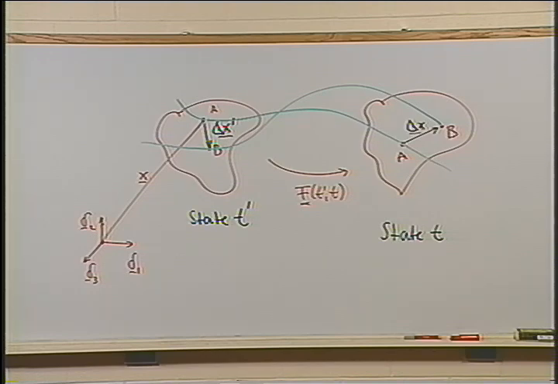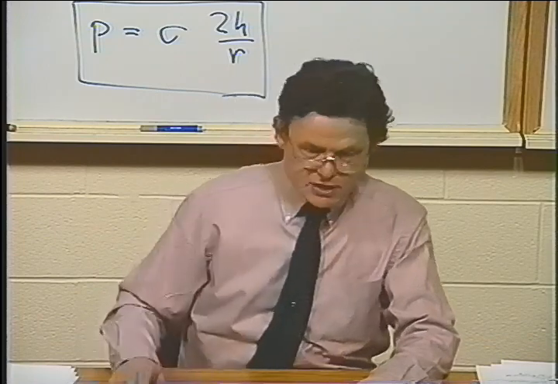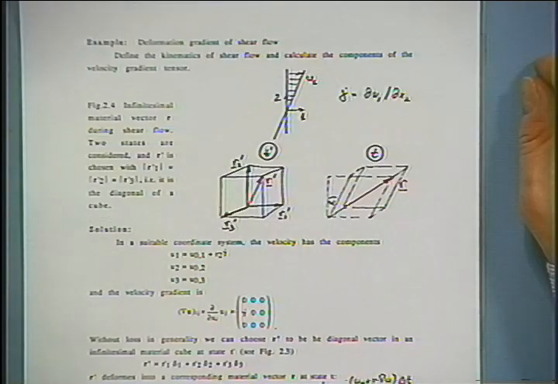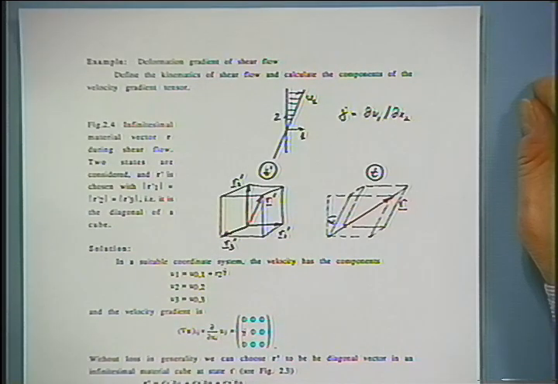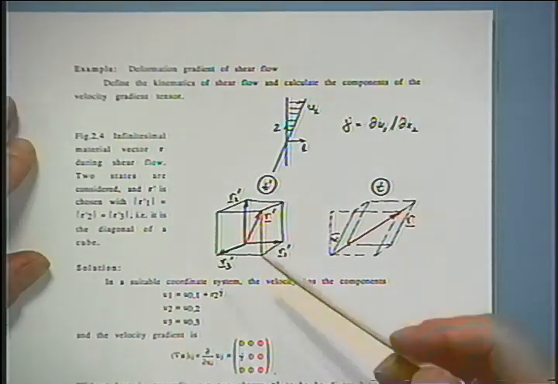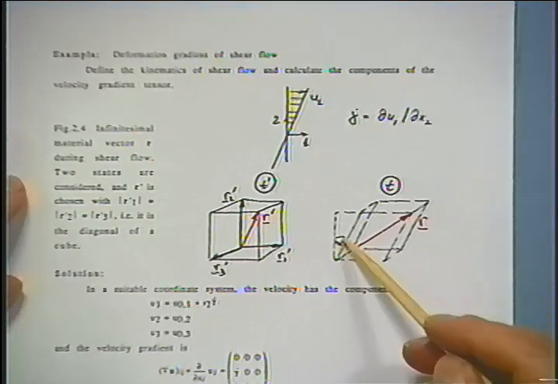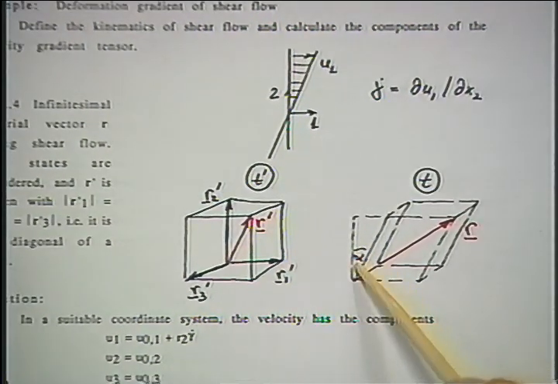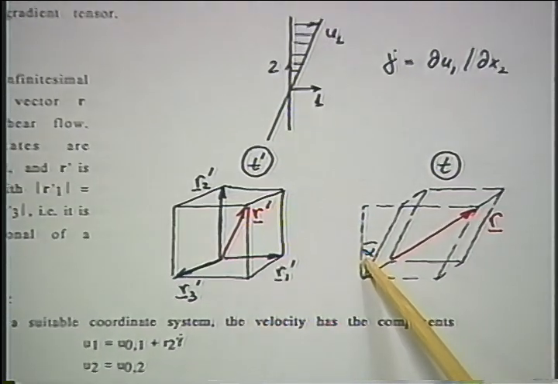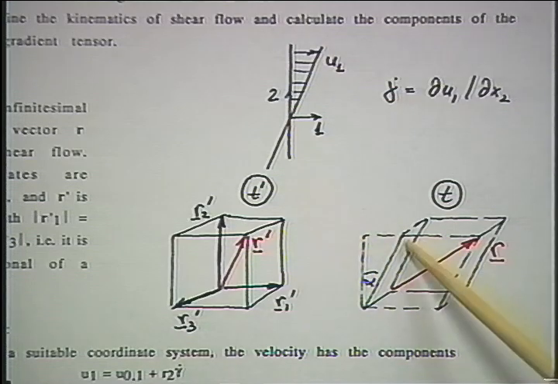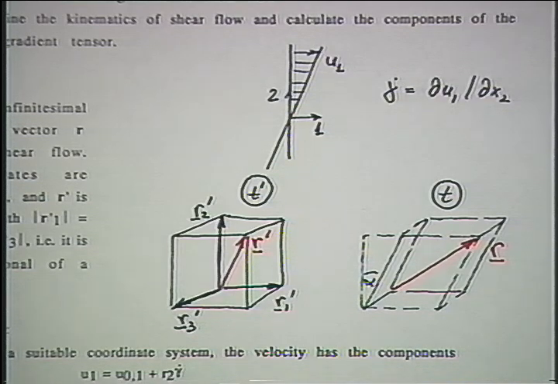To simplify things, let's look at specific flows. We already had looked at the so-called shear flow. In shear flow, we take a little cube, a little material element, and deform it. We would have a cube at some state T prime and deform it by angle alpha. And the tangent of this angle alpha is equal to gamma. That would be the shear strain. The shear flow of this type, let me draw a